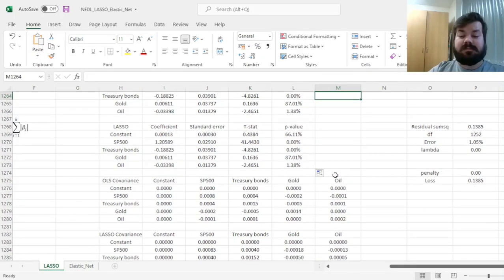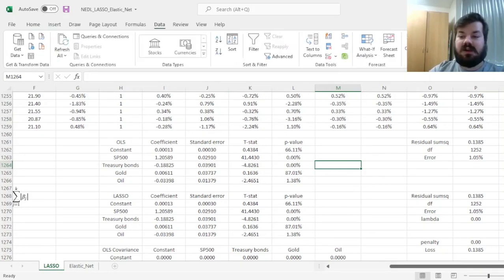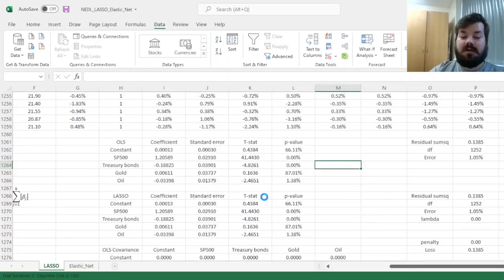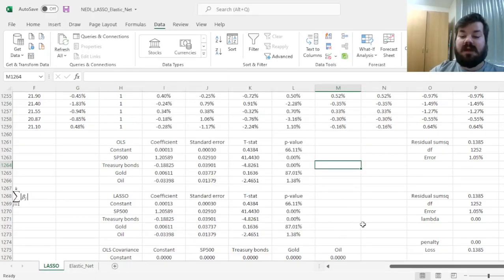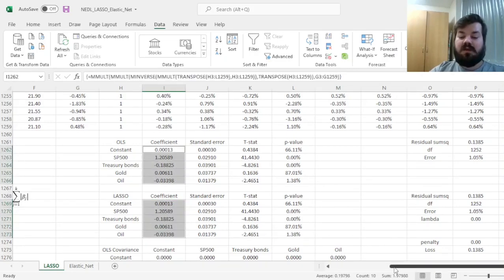And now let's see how the results would change, or would they, for different values of lambda for the LASSO model. Let's specify our LASSO optimization task. We need to go to Data, Solver, and specify the following. We want our loss to be minimized by changing the cells with the LASSO coefficients over here. And we might want some of them to be negative, so we can untick this, and we can click solve, keeping in mind that our lambda is now 0. And we see that for lambda of 0, LASSO coefficients are exactly the same as OLS coefficients, reinforcing the mathematical